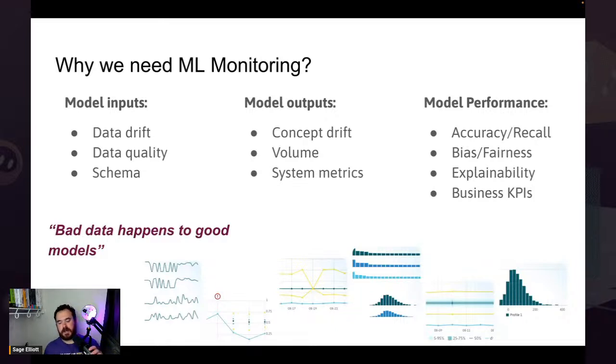And then you have things like accuracy or recall, which you've probably looked at even if you've never deployed a model. But you might want to be measuring these things over time, because even though your model might have had 90% accuracy on your evaluation data set, you'll want to see over time whether your model maintains accuracy. And then bias and fairness: you might want to segment your data in certain ways when your model is making predictions to make sure it's not incredibly biased towards a certain class of data. A common example of that could be credit card approvals by gender or something like that.